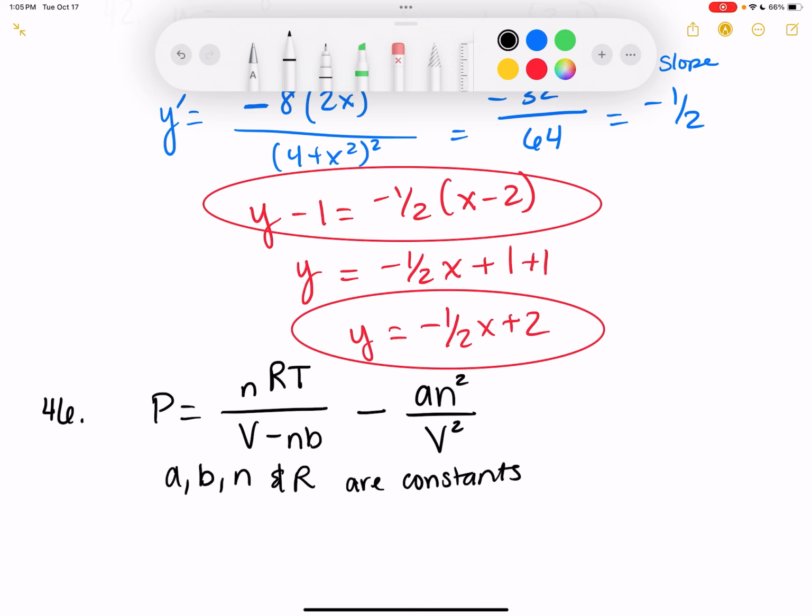Anybody else want to try? Isn't a constant just a number? Yes. Constant is a number. Like pi, like e, whatever. Okay? So that means that